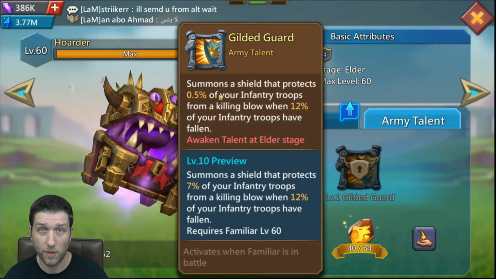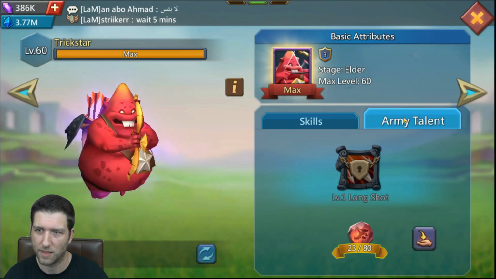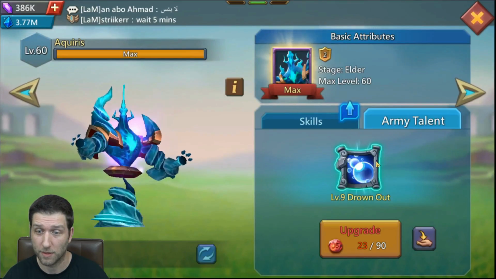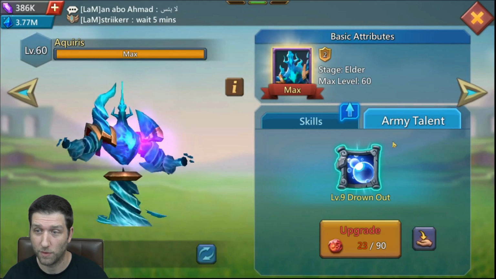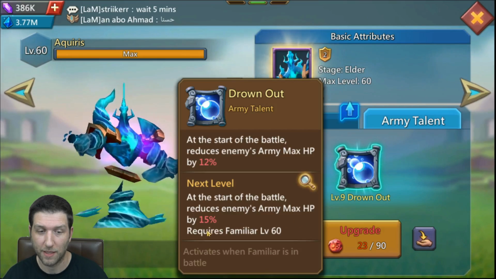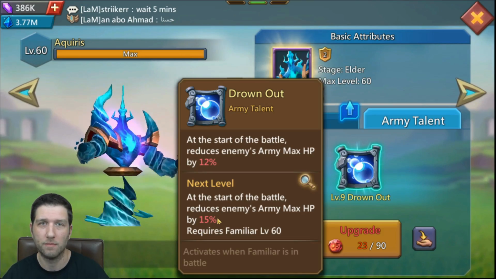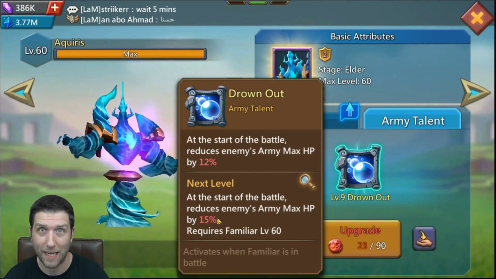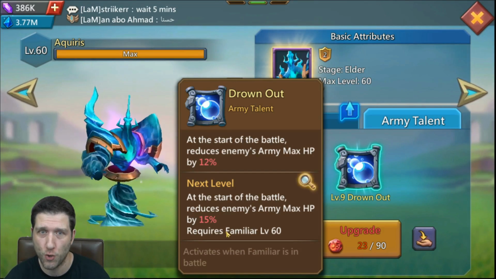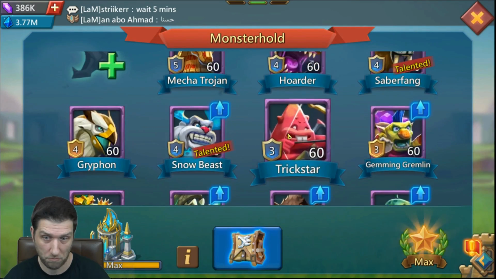A lot of these are useless and you don't even want to waste your time on them. Others are like a must, right? For instance, a must, I'll tell you right now, is the Aquarius. Drown out, right? Go over to the army talent. See, I've got it level 9 right now. At level 10, it reduces your enemy's army max HP by 15%. Right at the beginning of a battle, bam, he comes out, lowers your opponent's army max HP, everybody's HP by 15%. That's huge. Stacked on top of, say, you have Trickstar,